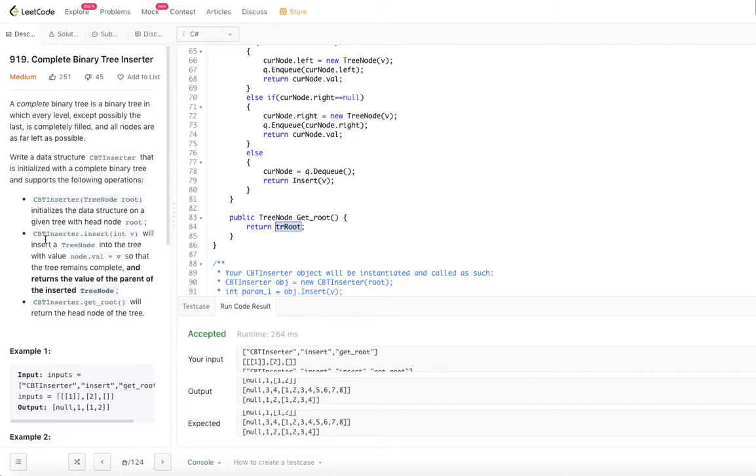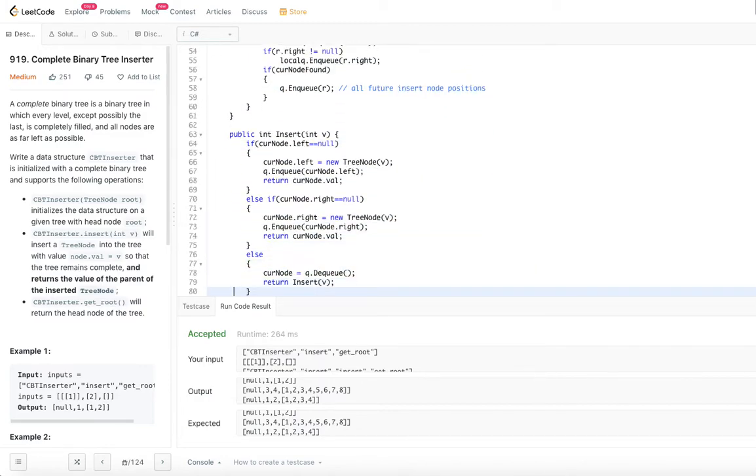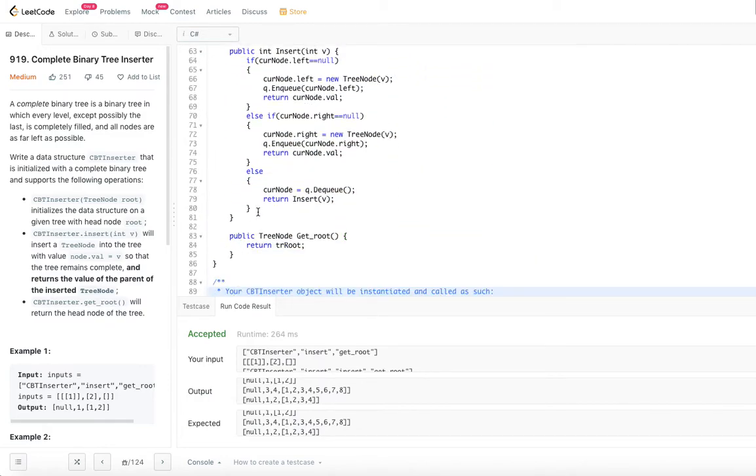Now going to the last method, that is the insert method. We have already identified the current node where we are going to insert. So now check if the current node dot left is null.